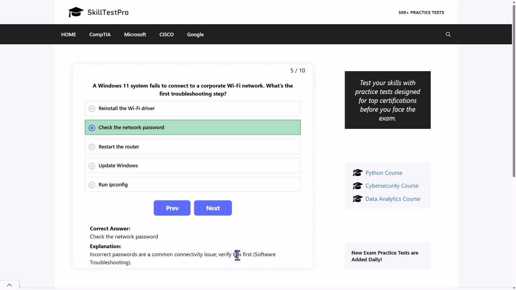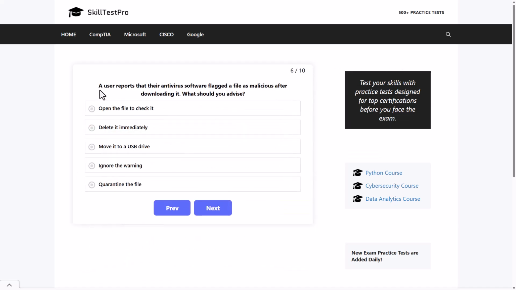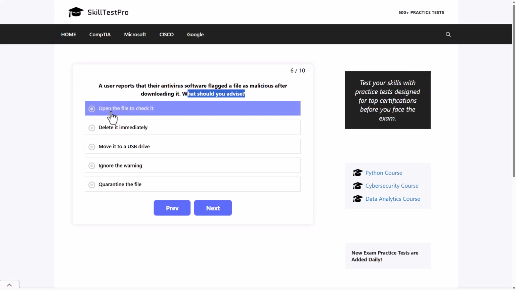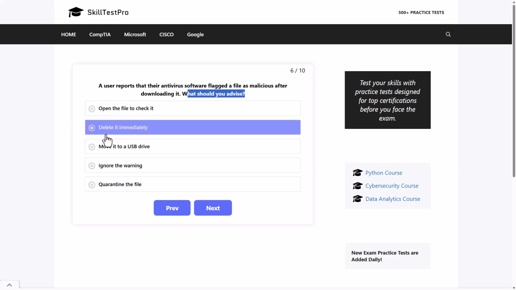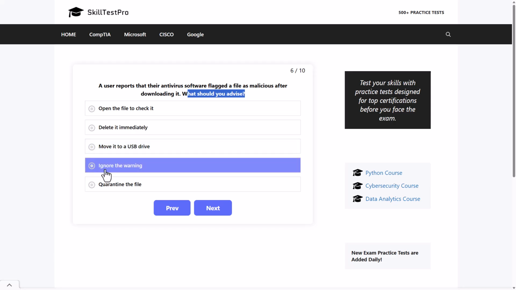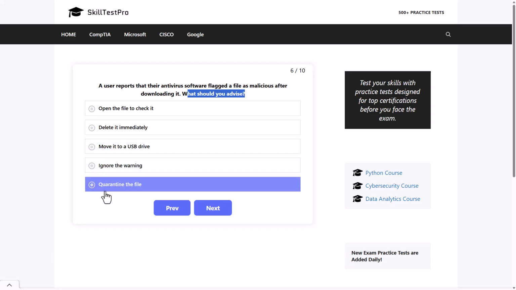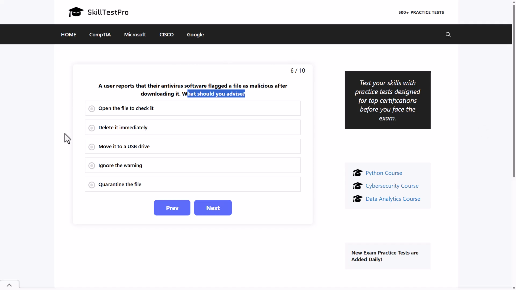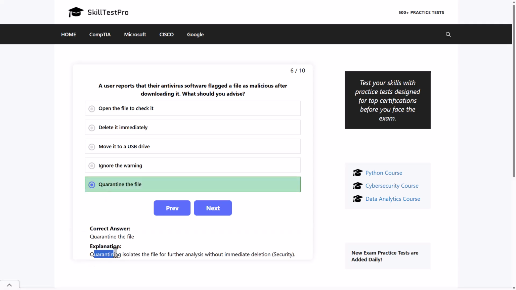Verify this first. And next question, a user reports that their antivirus software flagged a file as malicious after downloading it. What should you advise? Open the file to check it, delete it immediately, move it to a USB drive, ignore the warning, or quarantine the file. And here the correct answer would be quarantine the file, as quarantining isolates the file for further analysis